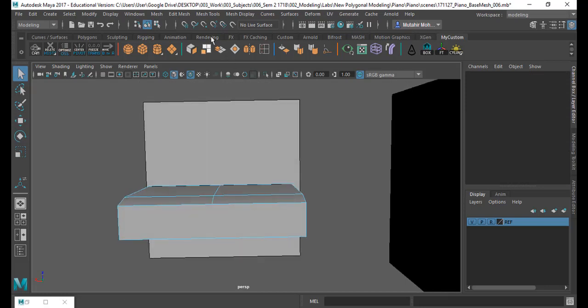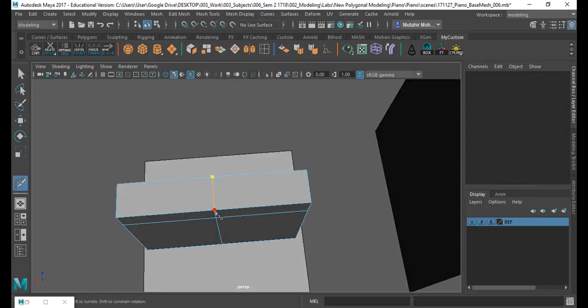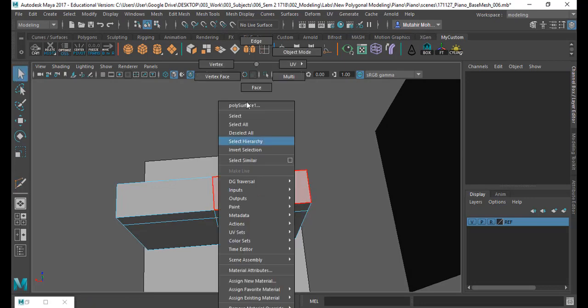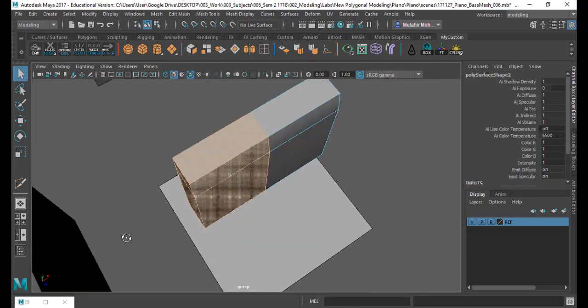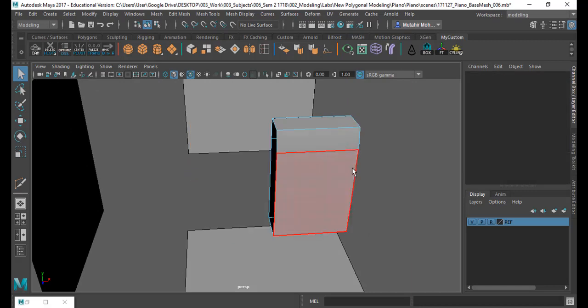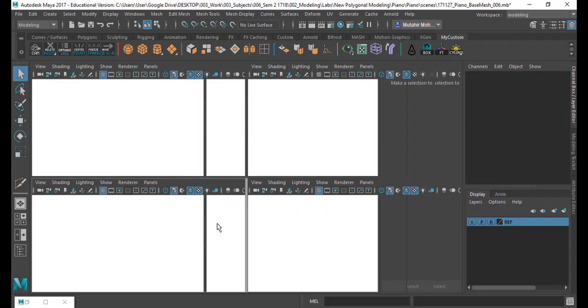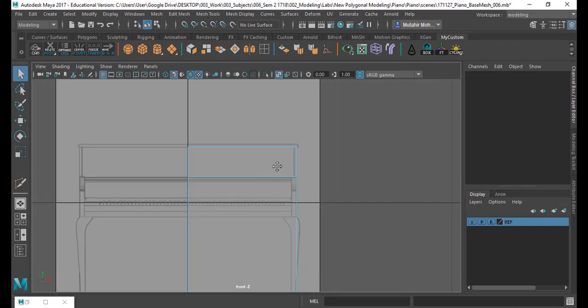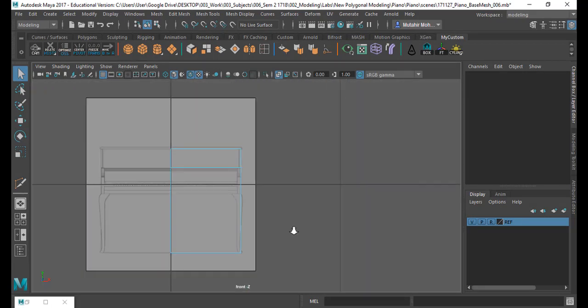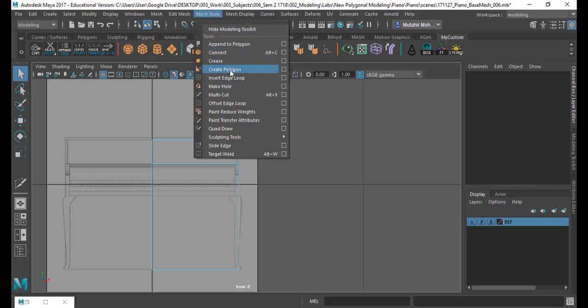So before we do that, let's just multi-cut and cut that, introduce an edge there, go to face, select all those faces, delete that, and let's just put that edge loop in. You can use any of the tools. You can use mesh tools, insert edge loop,